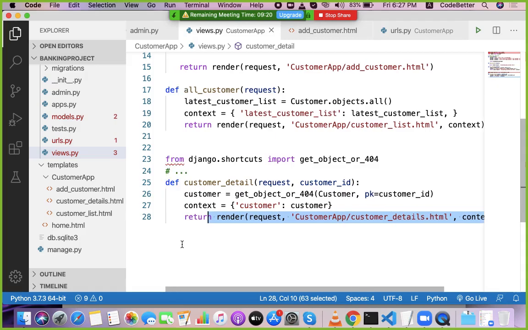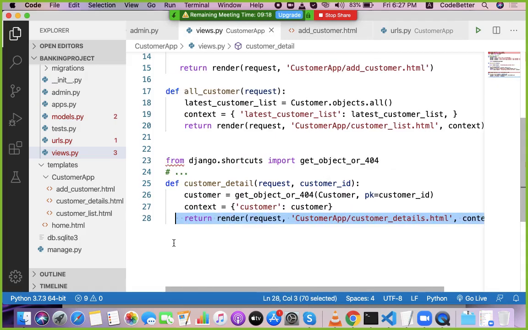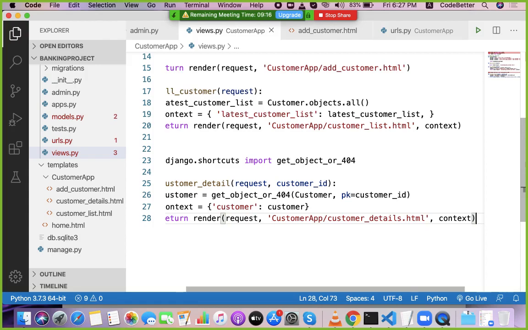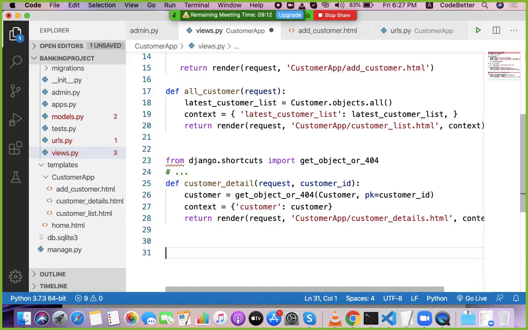So let's create a function which will receive the data. Function to receive and process add customer form data.